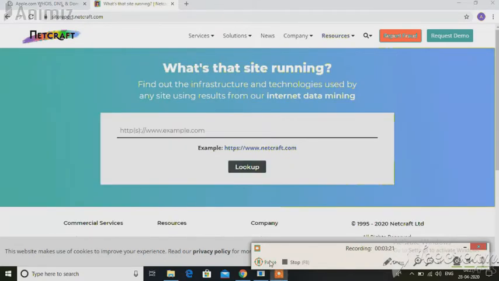In this website you will enter the address of the targeted organization. In my case it is apple.com, so I will write www.apple.com and then enter lookup.